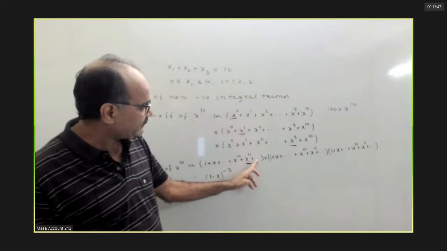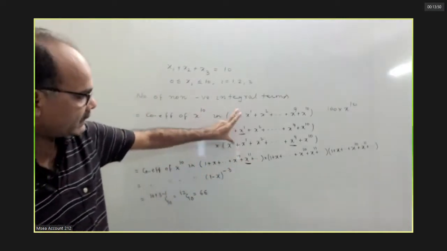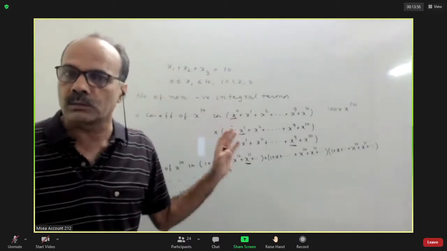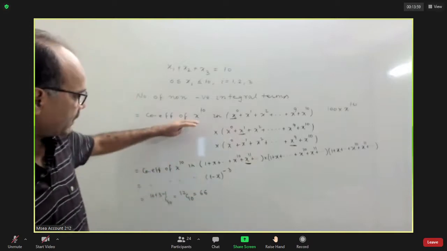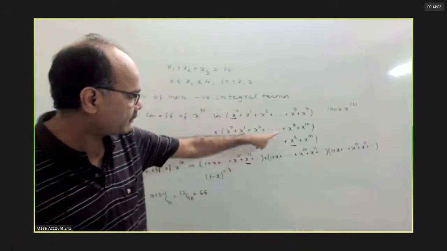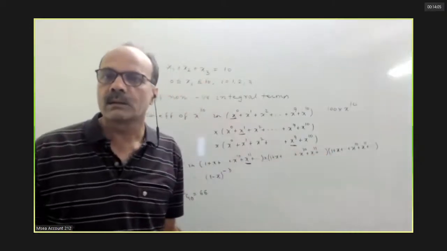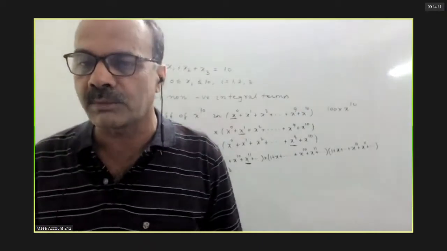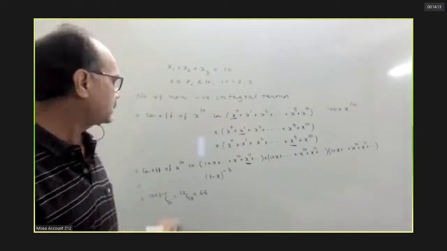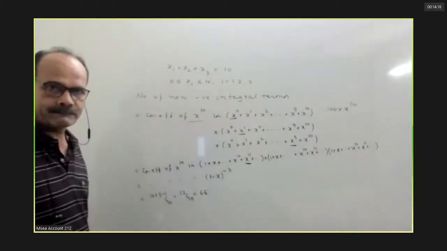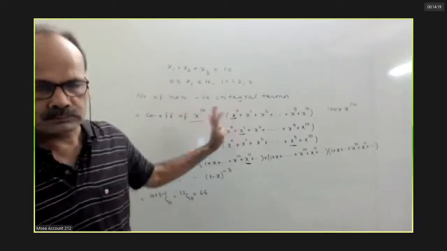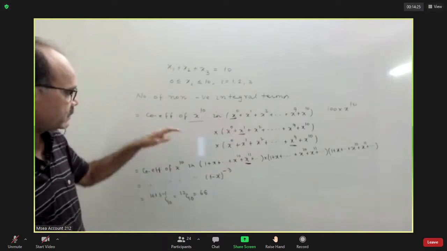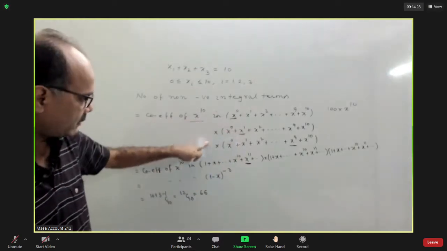So if we take infinite series, the coefficient of x to the power 10 here and here remains unchanged. To make the calculation simple, I took an infinite series here, here, and here. Whenever we can take an infinite series, we will take it. But first we have to ensure that this coefficient will not be disturbed. Suppose we wanted x to the power 12 here; in that case we can't take the infinite series. Since the coefficient of x to the power 10 in this product and here will be the same,